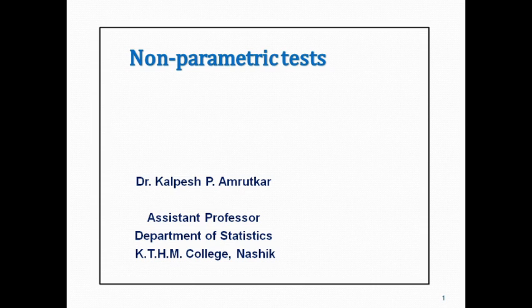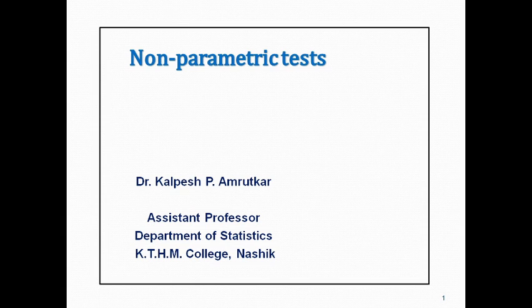Today we will discuss some non-parametric tests. In the last lecture, we saw the introduction of non-parametric tests, their advantages, why we study them, and their applications. A very useful non-parametric test, the run test, which is the test for randomness, was discussed in the previous lecture. Today, we will discuss two well-known non-parametric tests, the Wilcoxon sign rank test and the Kruskal-Wallis test.